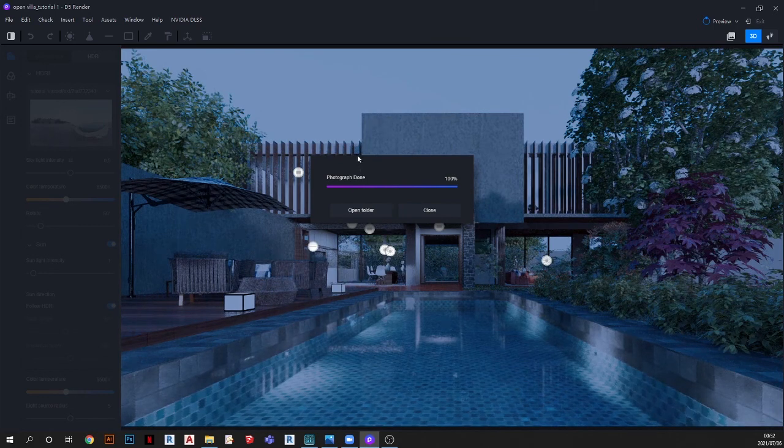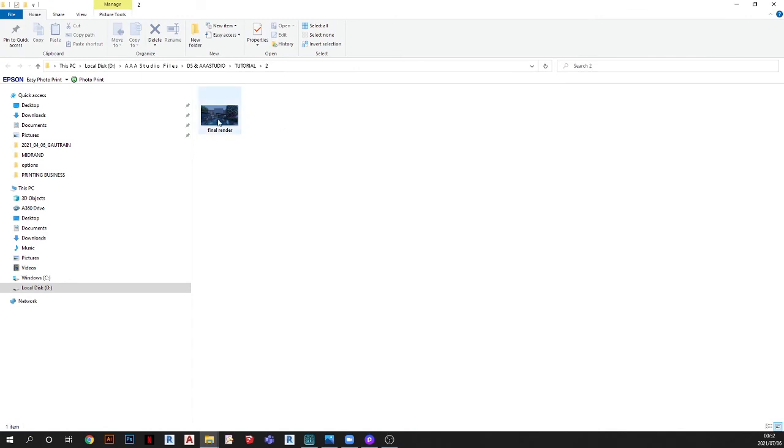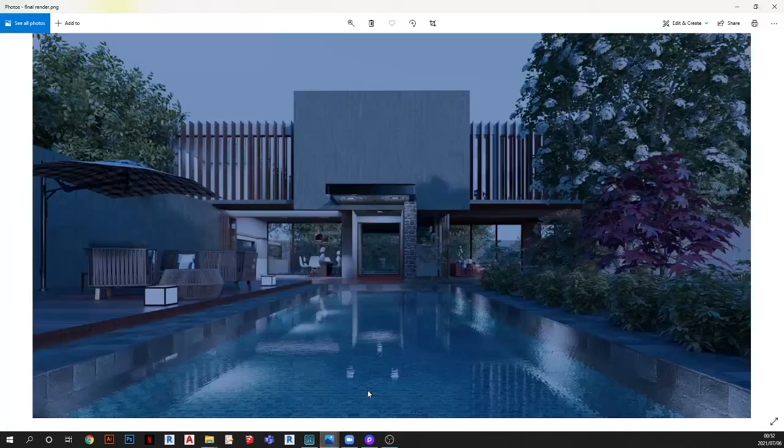Basically 5 minutes. Took 5 minutes. If I click on open folder, it opens the folder where I saved it, and I double click, and that